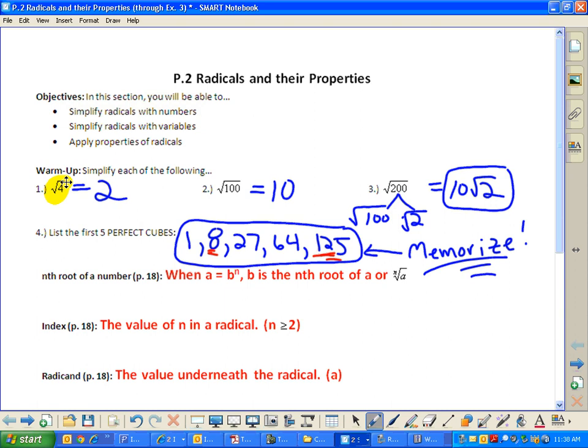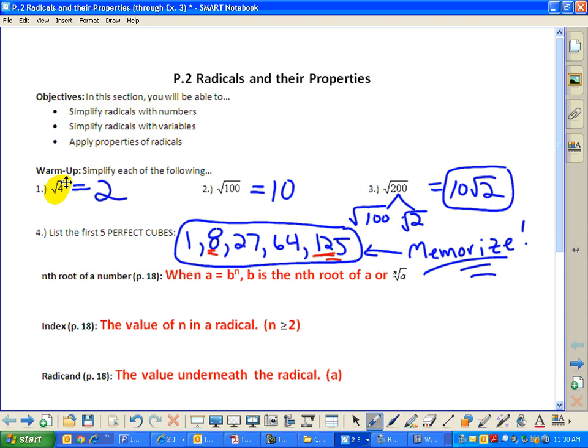Question number 4, how I got the answers, well, for me is from memory, but you folks want to remember that if it asks you for a perfect cube, what you're doing is, for instance, 1 cubed. That's 1 times 1 times 1, and that's 1. 2 cubed is 2 times 2 times 2, that's 8. 3 cubed is also a perfect cube. That's 27. 3 times 3 times 3 is 27. 4 cubed is 4 times 4 times 4, it's 64. 5 cubed is 5 times 5 times 5, which is